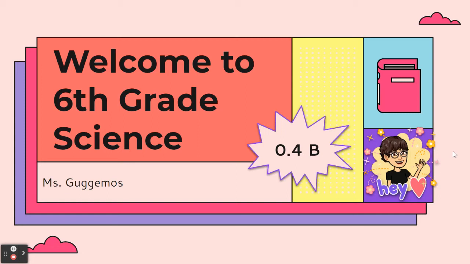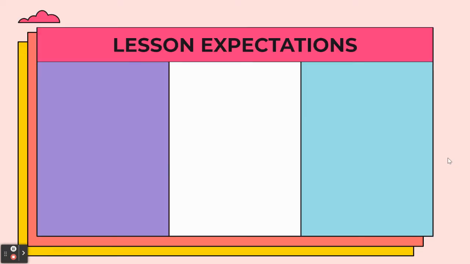All right, continuing with your 0.4 notes, we're now on 0.4b. All right, so now that you have a general understanding of how the structure of class is going to go, how you find your lessons, and all this kind of stuff,